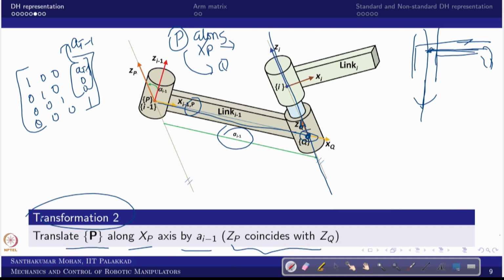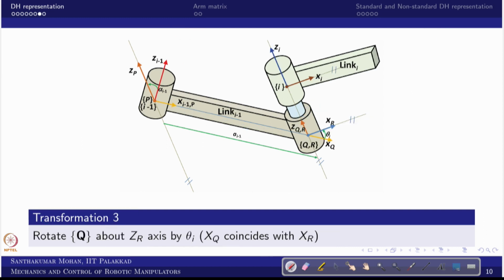Now coming to the third operation, what one can expect: the Xq and Xi are an angle apart. So I can make a parallel line with Xi, which I can label as Xr. Now I can also label Zr. That is what we are going to do in the next picture. You can see that I mark it, Xi parallel at a point q, which I am denoting as Xr.